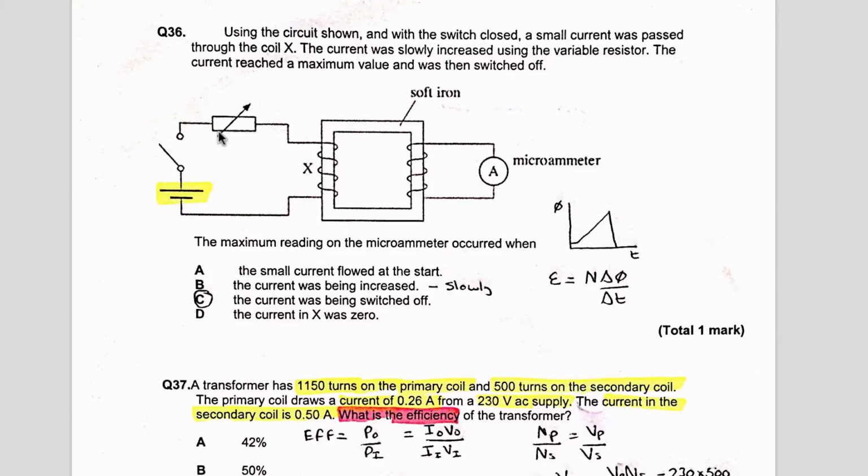And then as you gradually change the resistance so that the current goes up, the magnetic flux linkage would gradually go up. So it would change. So there would be a small EMF induced here until it got to the maximum value. And then when you open the switch very quickly, the magnetic flux linkage here would go from its maximum value down to zero very quickly. So it would do that. And then the current would be zero, and there would be no magnetic flux linkage at all,